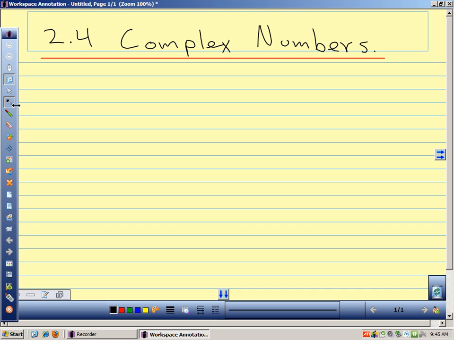So far we've been working mainly with real numbers, but even a simple equation like x squared plus 1 equals 0 we can't solve with real numbers, because we end up with x squared equals minus 1. So even a simple equation like this shows that our real numbers give us a limitation. And interestingly, the idea of the square root of negative 1 being something that we can work with came up not because of an equation like this, but